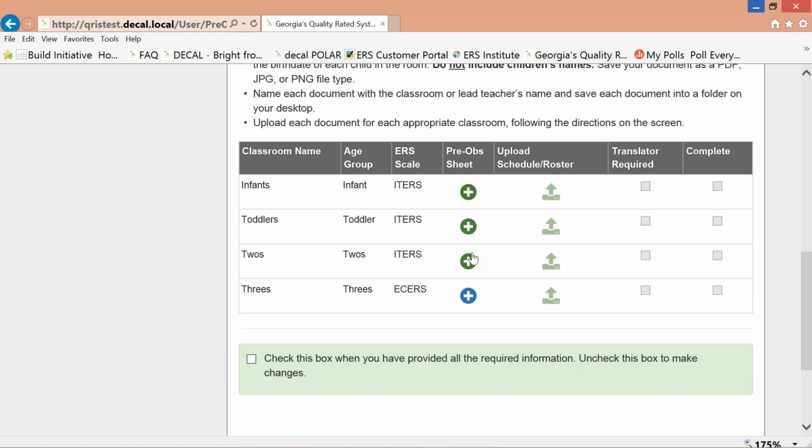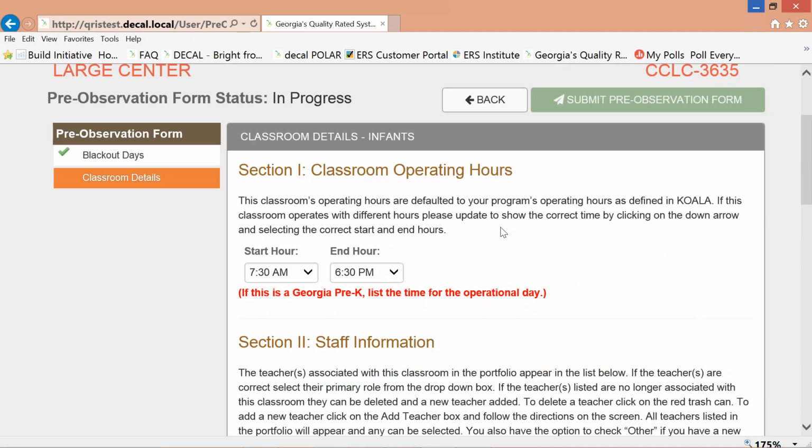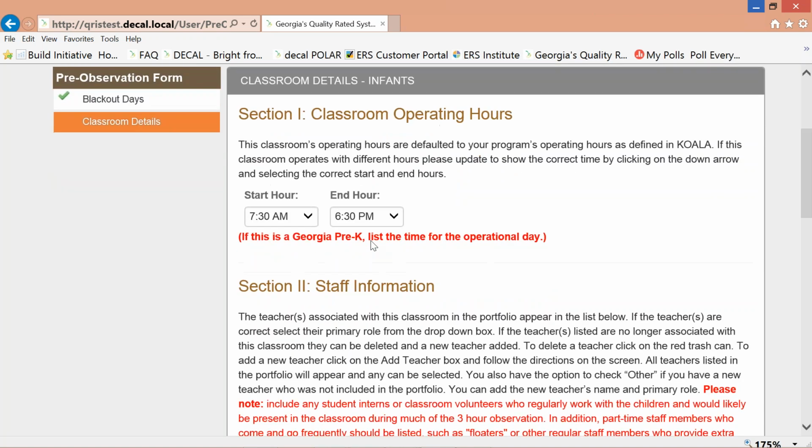So what I'm going to do is just kind of walk through these 4 classrooms as the provider would, so you can see the information that they would need to add to each one of those sheets. And so we'll start with this, which was an infant room. So the things to be aware of here, once we get into these classroom details on the sheets, is the